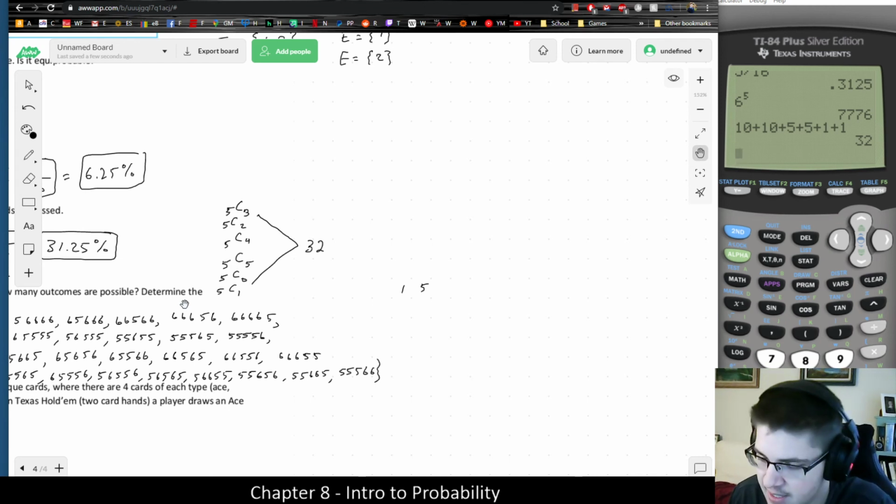But anyways, what I wind up with finally is that the probability of getting at least 5s on all the dice would be, since it's an equally probable space, because a die is equally likely to roll 1, 2, 3, 4, 5, or 6, 32 outcomes divided by